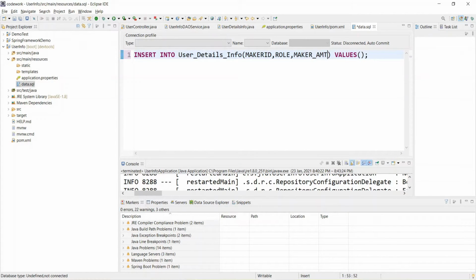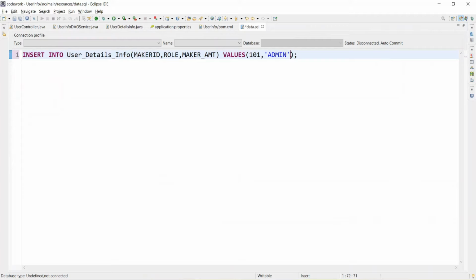And here you can put values. Let's say maker id is 101, and role is in single quotes, because in Oracle or SQL you need to put the single quote. So let's put admin, and thereafter you need to put the maker amount.